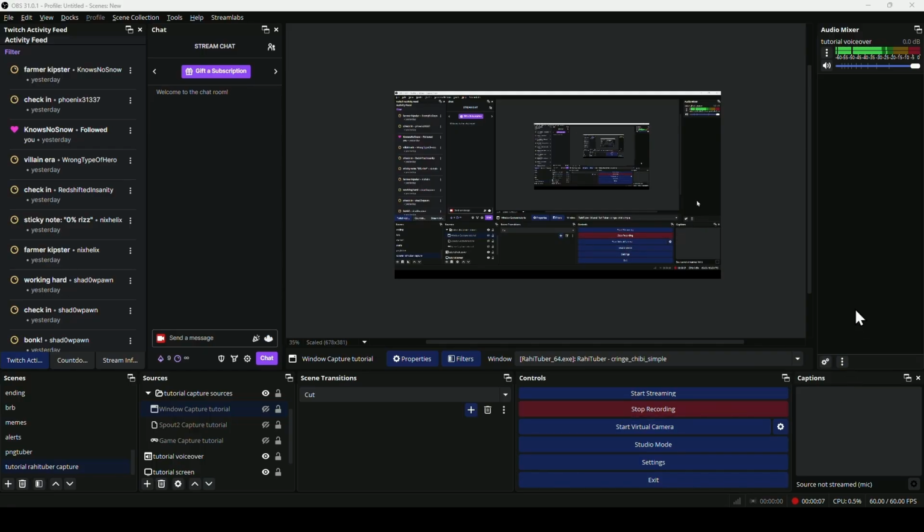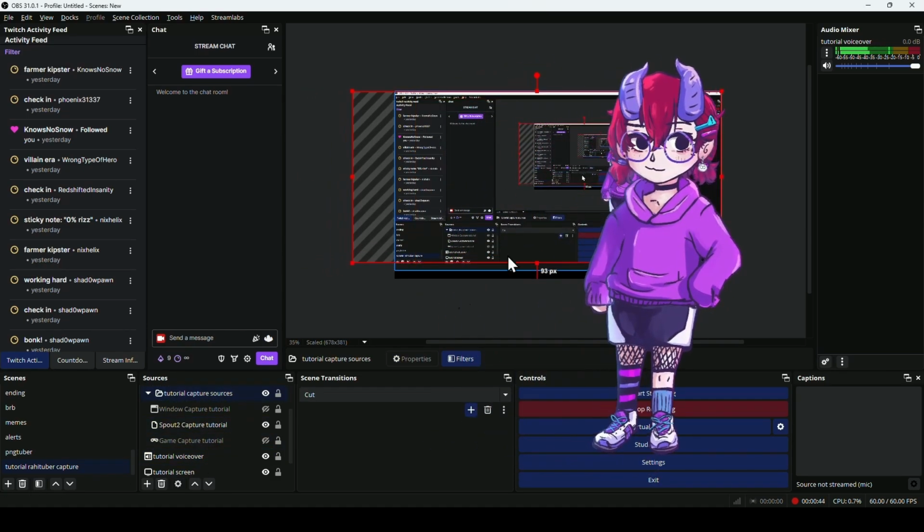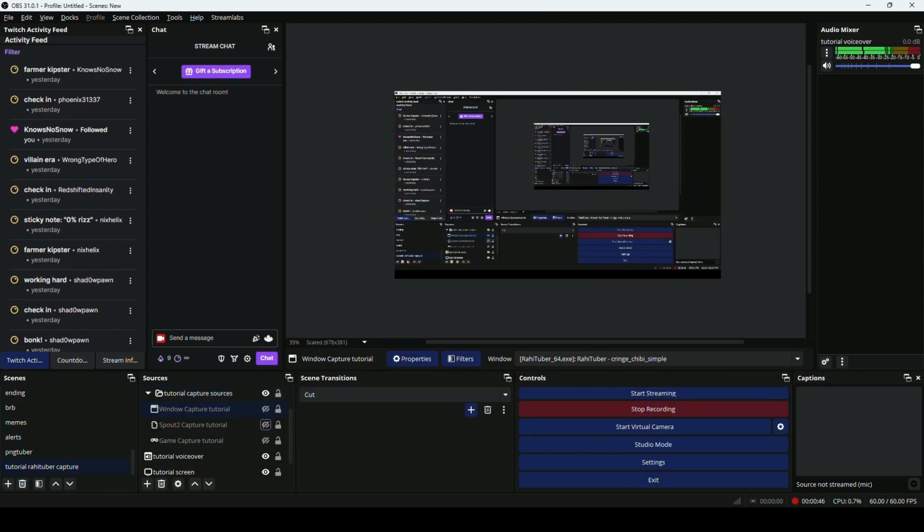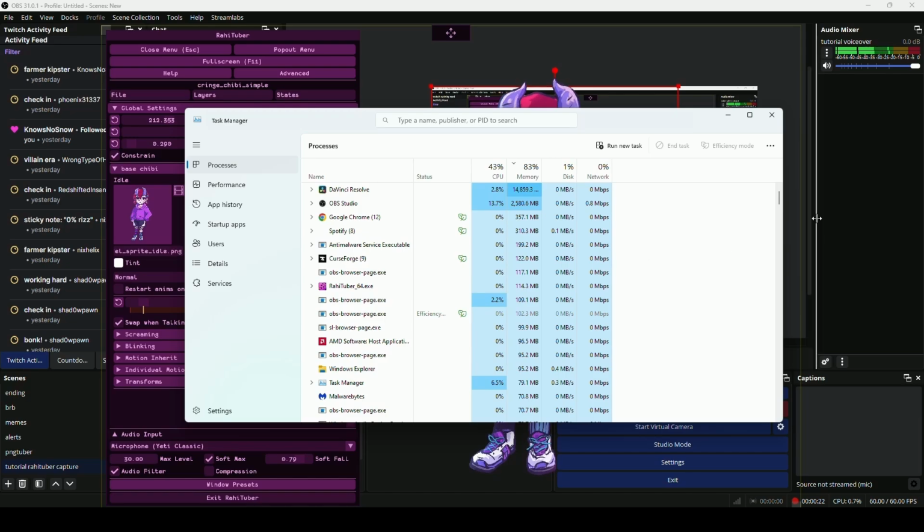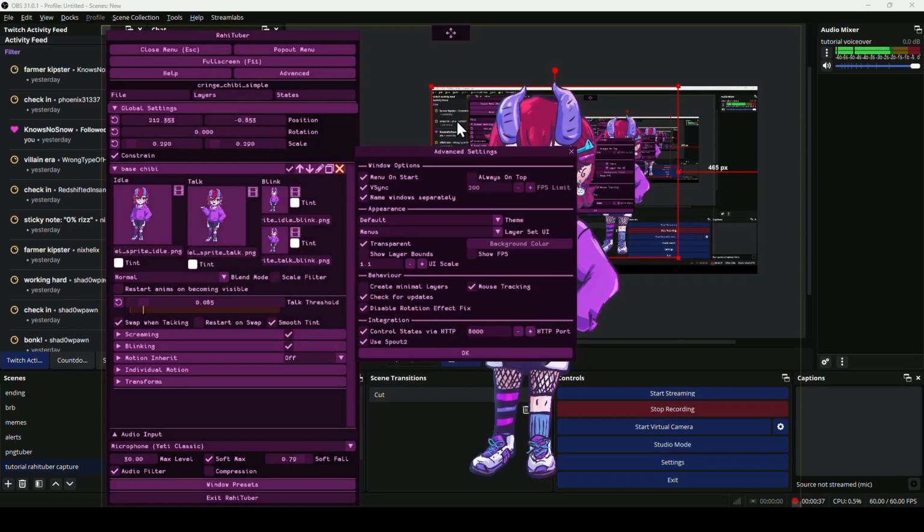A close-up. Let's touch on how to capture our model in OBS. It will remain relatively the same process as capturing any other VTuber or PNGTuber avatar, but just in case you're completely new to VTubing, I'll explain the different methods of capture. You can either use a game capture source, a window capture source, or you can get the Spout 2 plugin, link will be below, and add a Spout 2 source. Any of them will work based on your needs, but Spout 2 will most likely be the easiest on your CPU and GPU. RahituBer is lightweight either way, but sometimes OBS can get cranky.